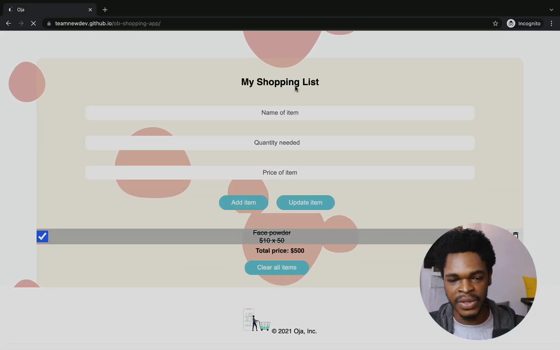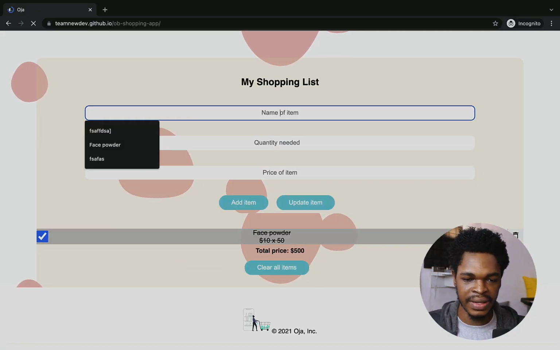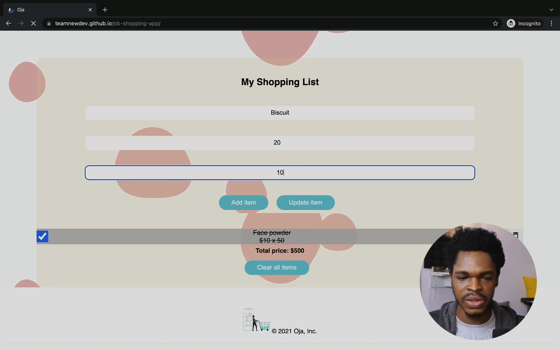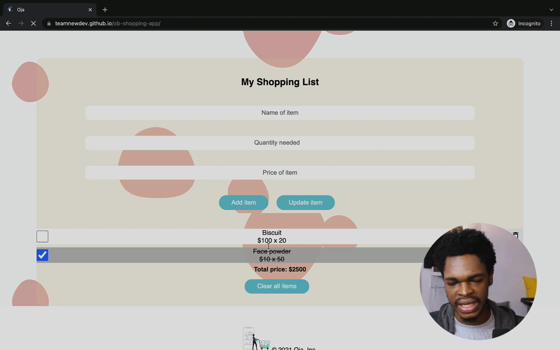Can we mark an item as purchased here? Name of item, let's add something else. Let's add biscuit this time around. Quantity needed as 20, price as 100. Add item right here. So 100 times 20,